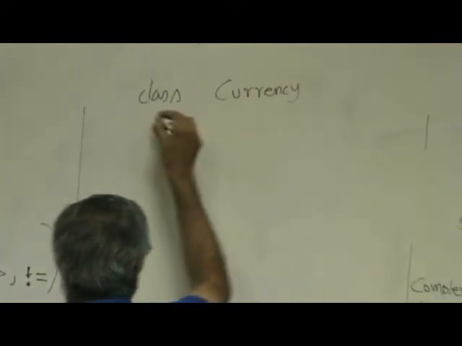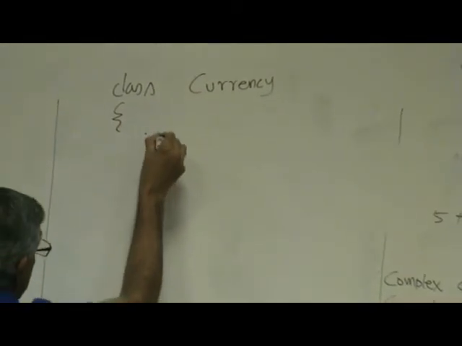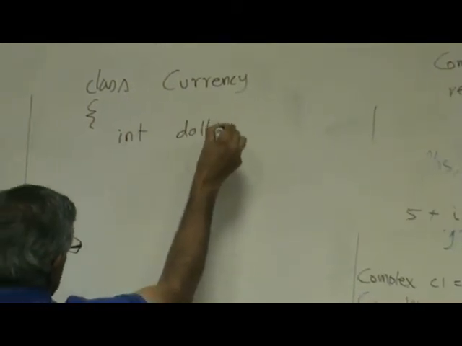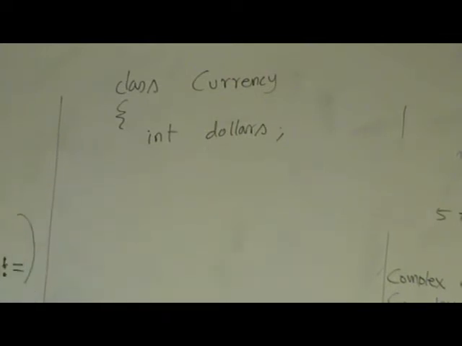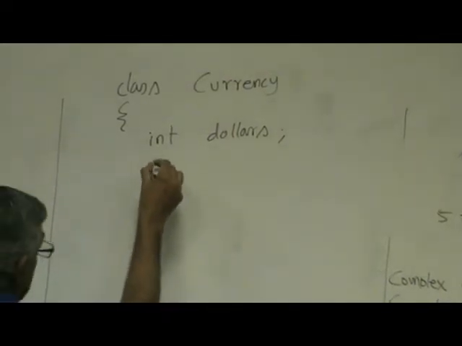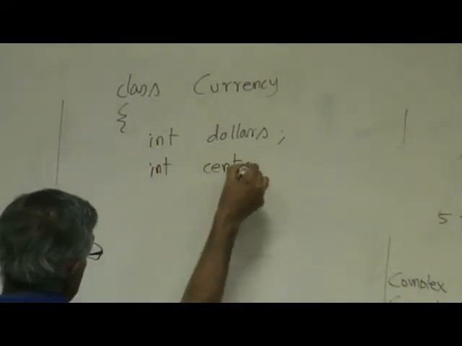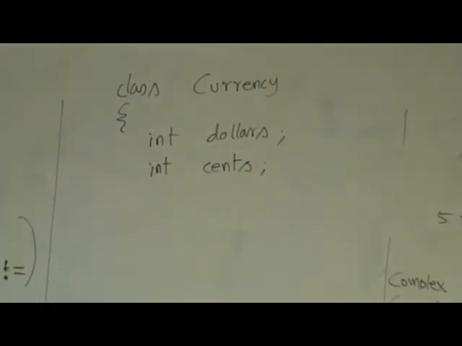What will it look like? You will have int dollars and the corresponding public set get. You will have int cents and the corresponding get set, right? You will provide the 2 constructors, which you already are very good at. So let's take a look at